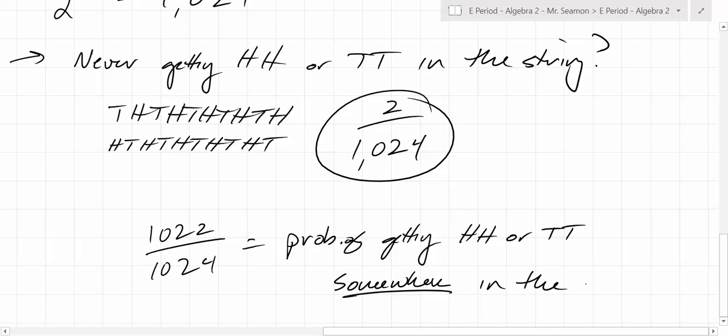in the string. Is that a really high likelihood or a really low likelihood? That's a really high likelihood. That's really, really close. It's like 99.99%, right? Okay, so